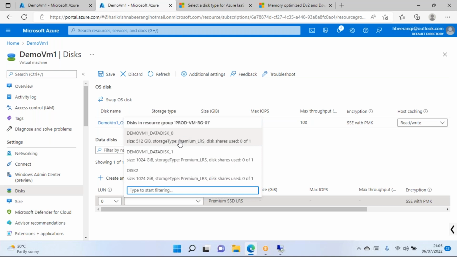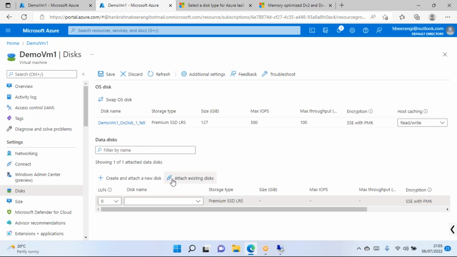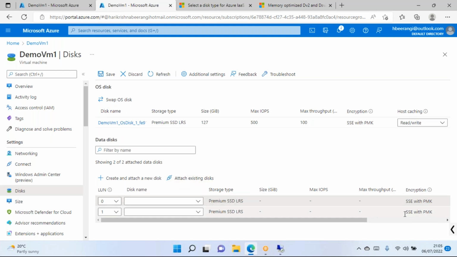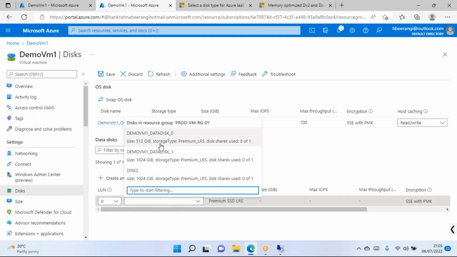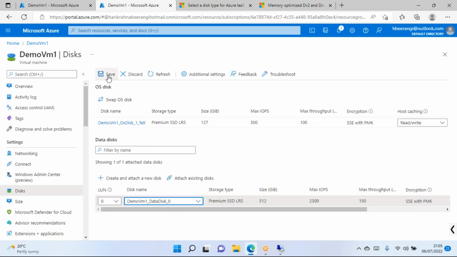ఒకసారి ఒక డిస్క్ ని ఎనేబుల్ చేసిన తర్వాత ఒక VM కి ఇంకొక దానికి యూస్ చేయలేవు until unless it is a shared disk. అది ఇంకా వేరే కాన్సెప్ట్ వస్తుంది అనమాట. ఒకే డిస్క్ ని మల్టిపుల్ VMs కి అలొకేట్ చేయాలనే అవసరం రిక్వైర్మెంట్స్ ఉంటాయి, అప్పుడు షేర్ డిస్క్ కాన్సెప్ట్ యూస్ చేస్తాం. బట్ నౌ If you want to attach existing disks to the same VM or to any other virtual machine, you have to use this attach existing disks option. And here you choose this one, save,